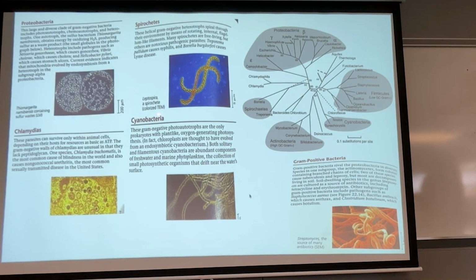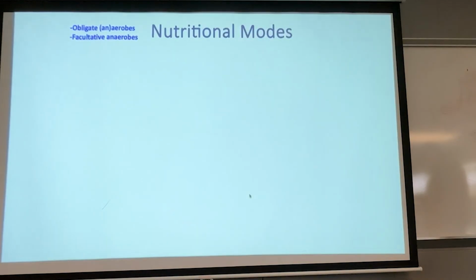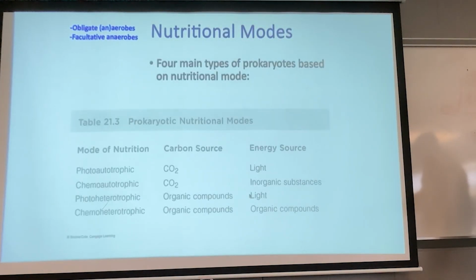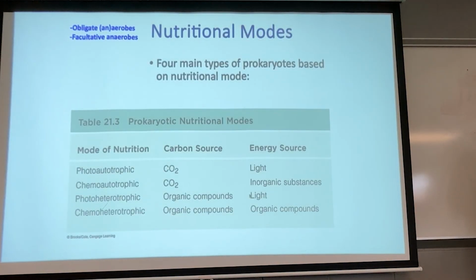Whereas most cyanobacteria are photoautotrophs. They are photosynthetic, right? And are a prime example, they're ancestors of where chloroplasts came from, probably, right? With endosymbiosis. So these are the nutritional modes, this figure here, or table I should say, sorry, that comes out of the Campbell textbook. It shows you the major modes of nutrition for prokaryotes. And a lot of these you can apply also to eukaryotes.